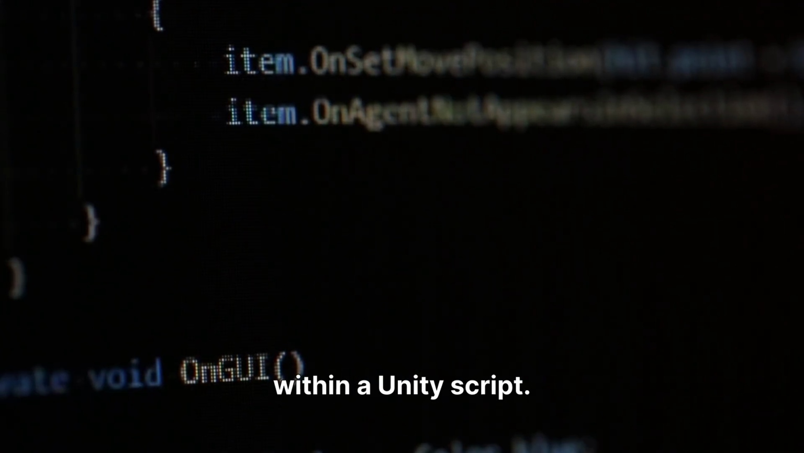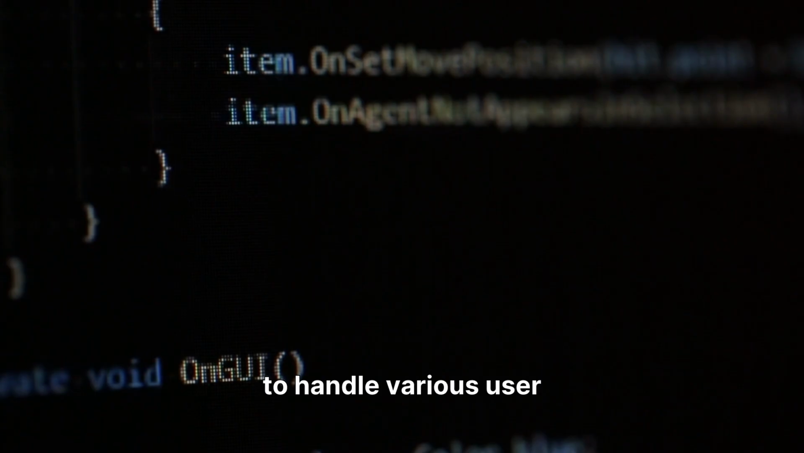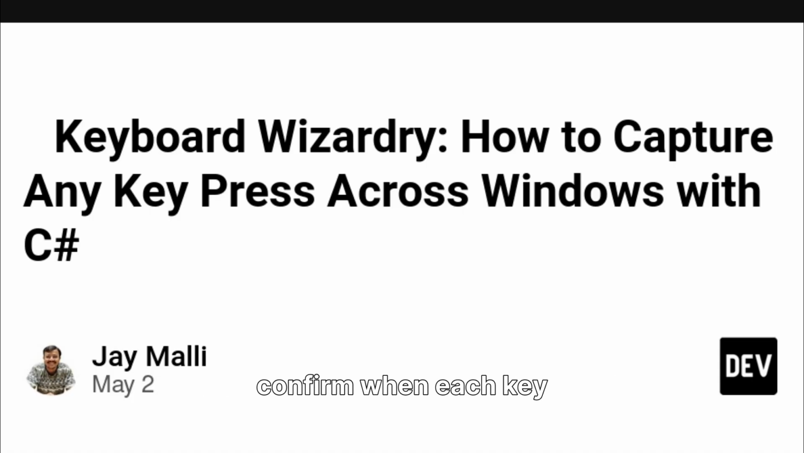a Unity script. This code snippet shows how GetKeyDown, GetKey, and GetKeyUp are used together to handle various user interactions. Notice how Debug.Log statements confirm when each key state is detected and processed. These log messages provide invaluable, immediate feedback in the Unity console, allowing you to easily verify input logic and aiding